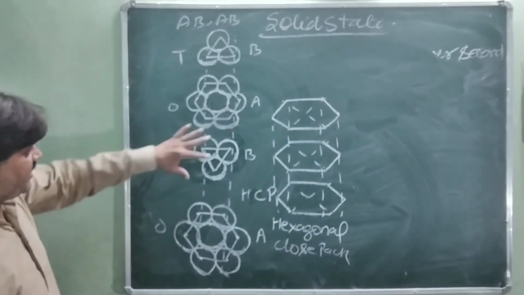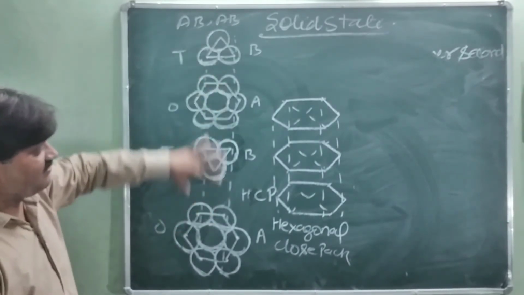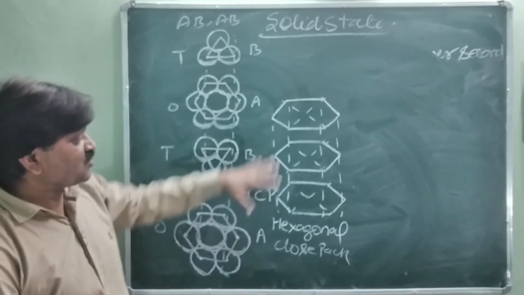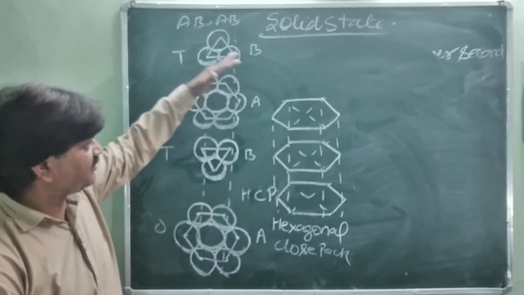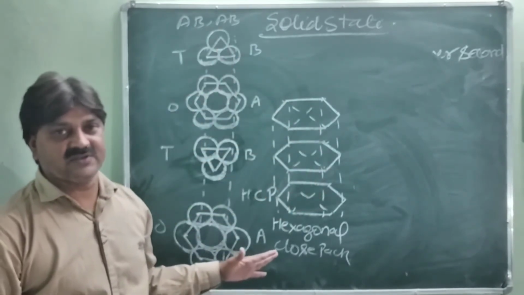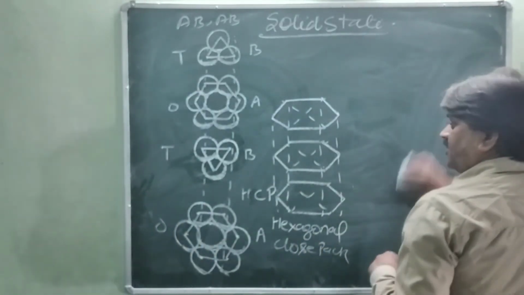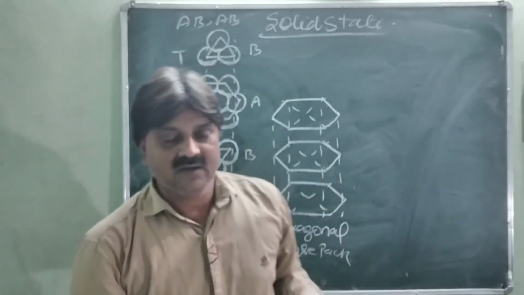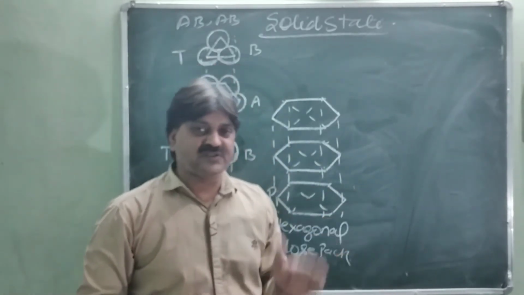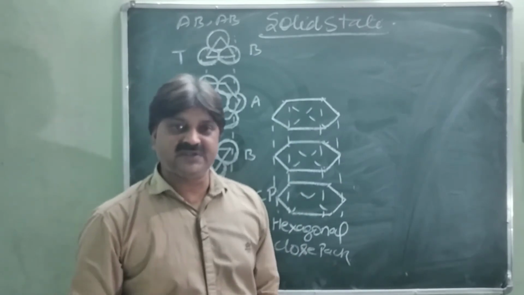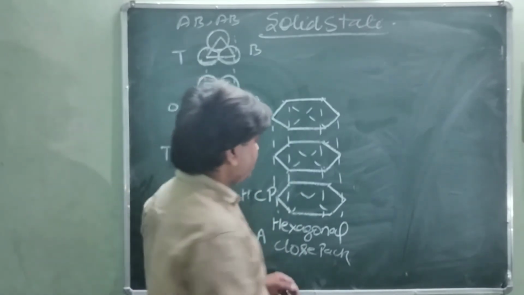You will see the tetrahedral voids are covered by the octahedral voids by placing the third layer over the second layer. So this type of structure is created when placing in this manner in 3 dimensions. Another possibility is the formation when the third layer is placed over the second layer and covers the octahedral voids. So which type of structure is created in this way?